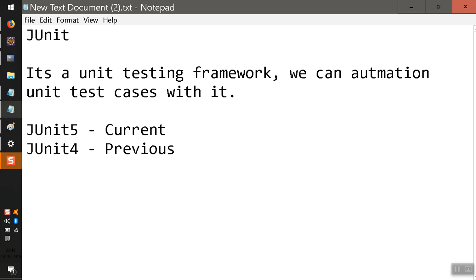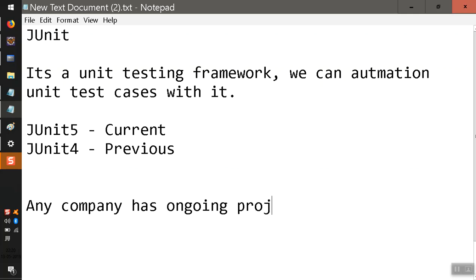It's always very important for any project to have the JUnit test cases built with the help of JUnit 4 or 5. So let's say that a company has an ongoing project. So if they have